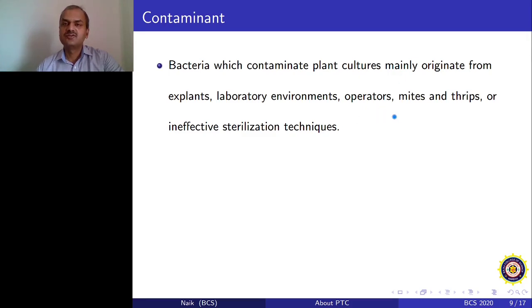Let's say you went in the field and there was a lot of dust or wind and all that, then you are going to carry all those spores along with you, and they will fall on your surfaces and you will have contamination. If your explant has lots of mites and thrips, if it is a diseased explant, then you will have a problem. Now sometimes mites and thrips are also present in an old portion of the buildings, and they will also cause a lot of problems in your contamination. Explant is definitely one of the largest sources of contamination. So if you effectively surface sterilize the explant by using effective techniques, then you will not have these contaminations.